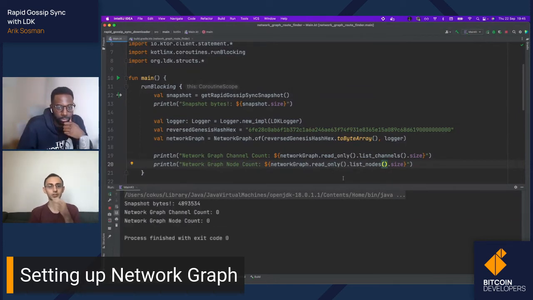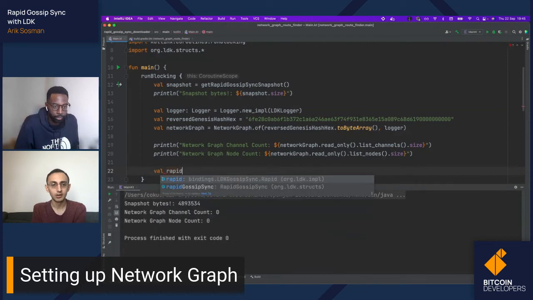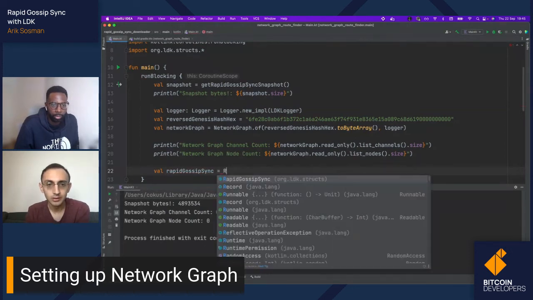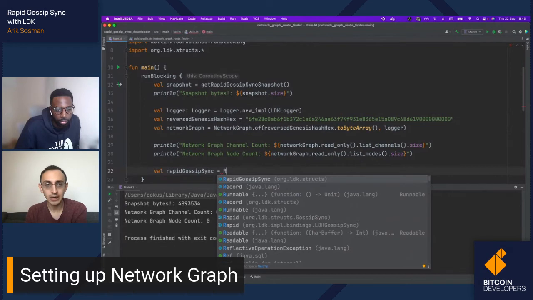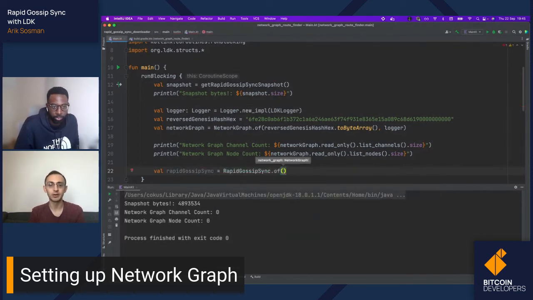Okay, excellent. So now let's instantiate our rapid gossip sync struct and apply the snapshot. Rapid gossip sync, and then we instantiate with a network graph. Right. Cool.